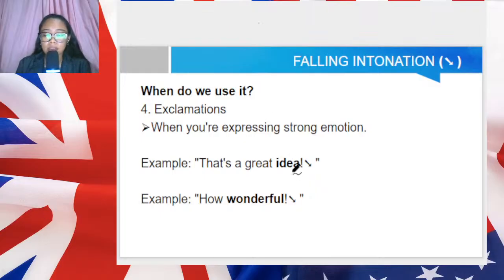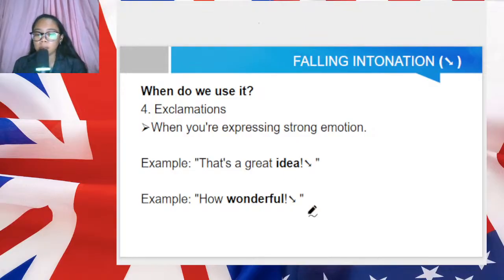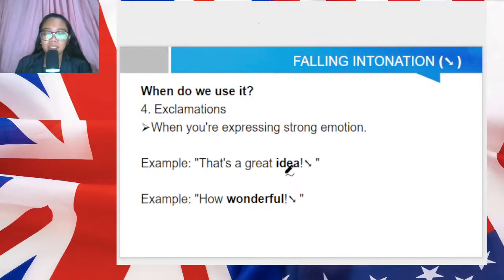First sentence. That's a great idea. Okay. All right. That looks horrible. Let me just draw it again. Okay. It's tolerable. But anyway, that's a great idea. You can think about how you'd say this